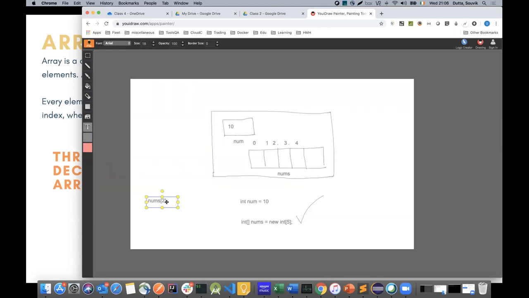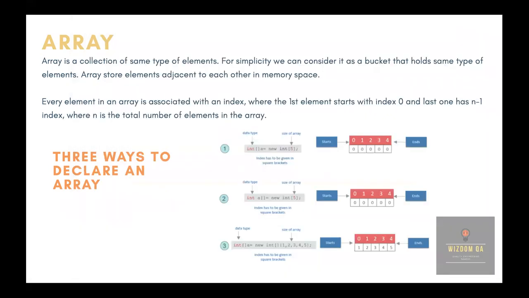So I'll go back to my PPT and explain this one more time. An array is a collection of the same type of elements. Understand this, same type of elements. You cannot store integer and string or boolean together inside an array. You cannot do that. Earlier we have seen that we can store one data inside a variable. Now we are storing multiple same type of data inside one variable,